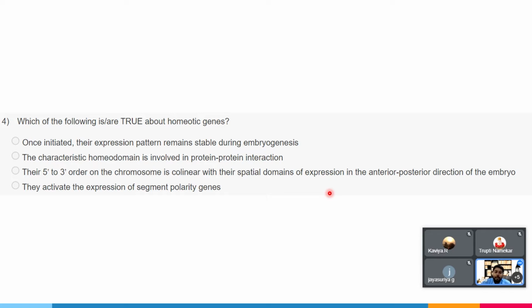So we have been talking about segment polarity genes a lot. Now we move on to homeotic genes. The next question is on them. Which of the following is or are true about homeotic genes? The options are: once initiated, their expression pattern remains stable during embryogenesis. The characteristic homeodomain is involved in protein-protein interaction. Their 5' to 3' order on the chromosome is collinear